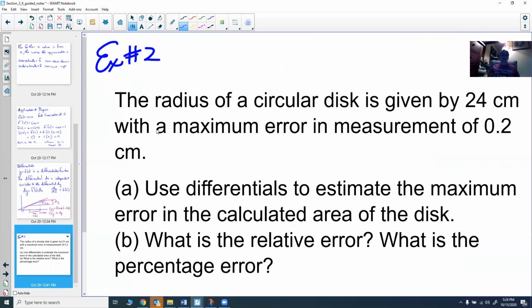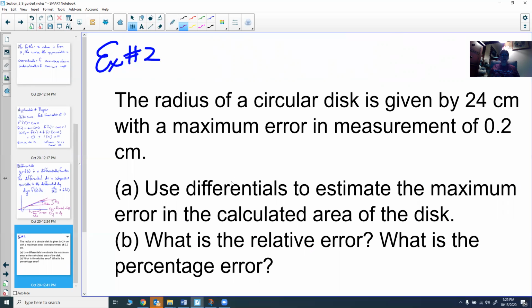Where we use these a lot is to estimate errors. So we have a radius of a circular disc. It's given by 24 centimeters with a maximum error in measurement of 0.2 centimeters. So remember, when we measure, you aren't ever perfect with your measurement because you have some error in that. And this is what this is talking about. You can only measure as good as your